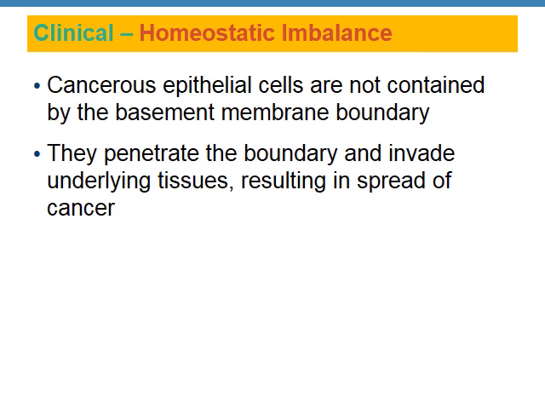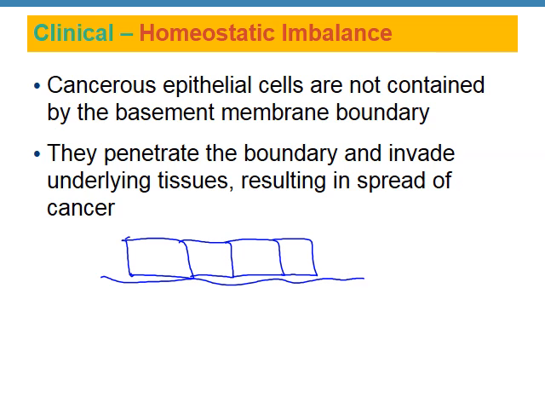This clinical homeostatic slide, I want to talk a little bit about cancer cells. So cancerous epithelial cells in particular are not contained by the basement membrane. So what they're saying is, here are the epithelial cells, and then remember there's the basement membrane, and then there's connective tissue underneath it. What they're saying is, if this cell decides to divide and divide and divide and keep dividing and form a tumor,